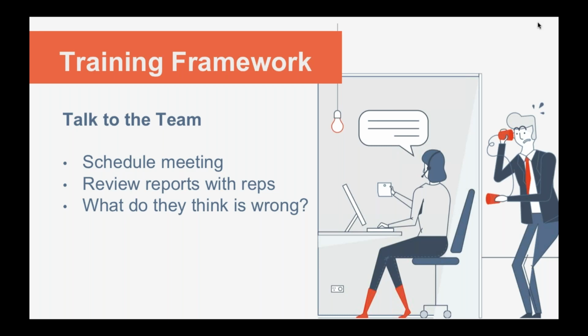Show the data that you've looked at to the team and say, hey, we've got a problem here with booking meetings, because a lot of people are struggling with closing a call, or we have a lot of call connects, which means we've got good data and we're doing activity, but maybe people aren't getting through the first initial hurdle that comes up in the call. And the reason why this is happening is because we need to take some corrective action and do coaching. So we're going to create a scorecard for that, and we're going to certify on each part of that scorecard with a training framework.